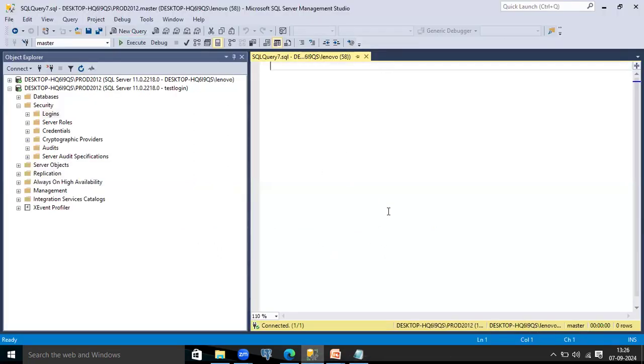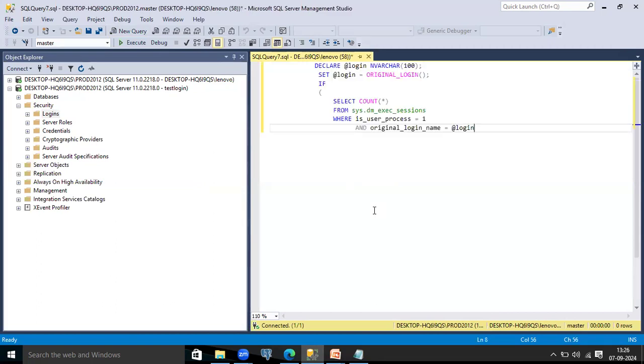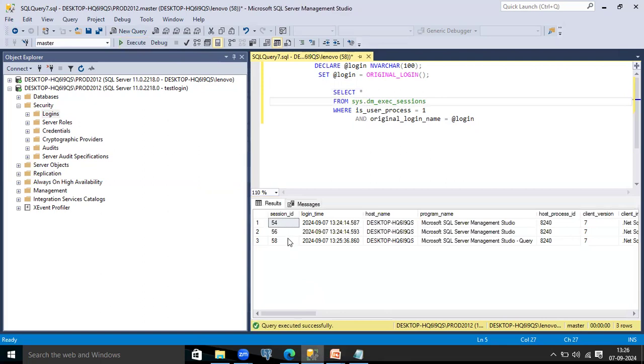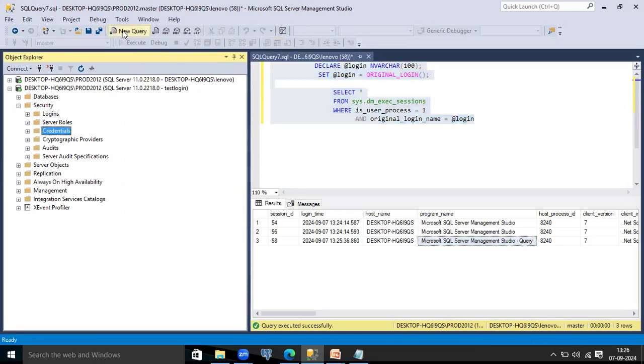Now here I have connected through the Linebo login, right? This time I want to count for Linebo. I will remove the count and put the star. Let's see how many it is showing. It is showing 3 connections you have already made for this Linebo login. After that, I will take this one, and for this test login, I have